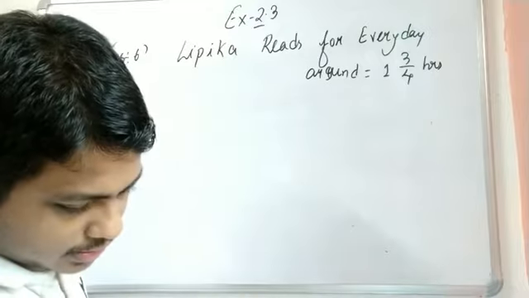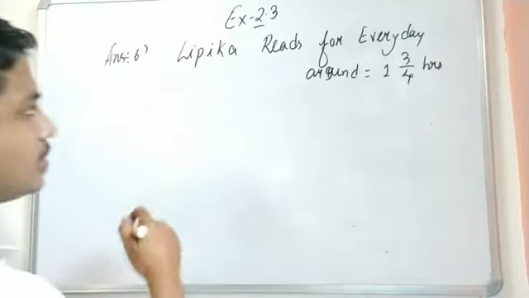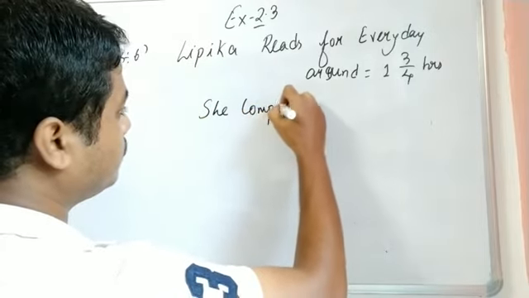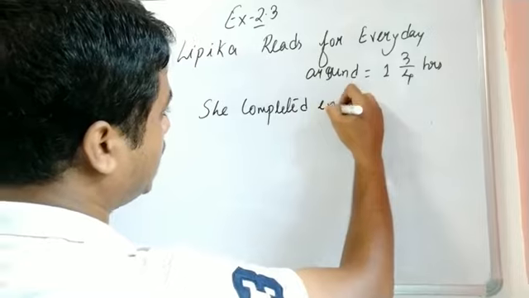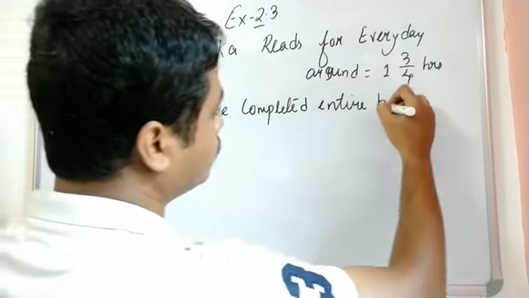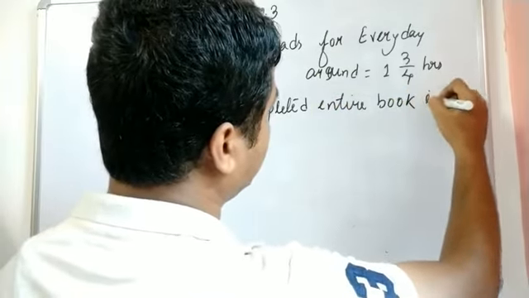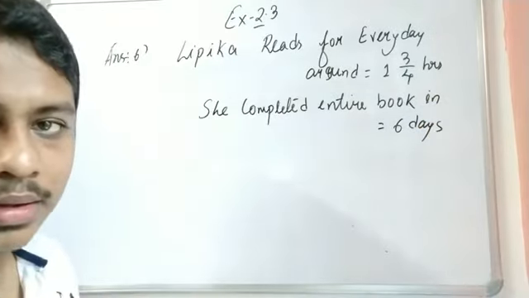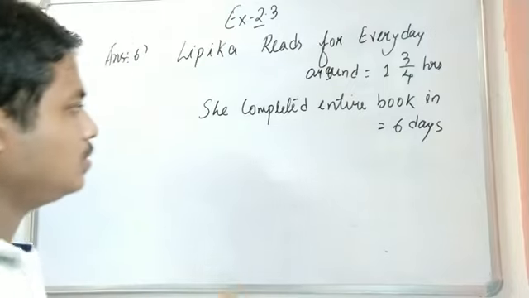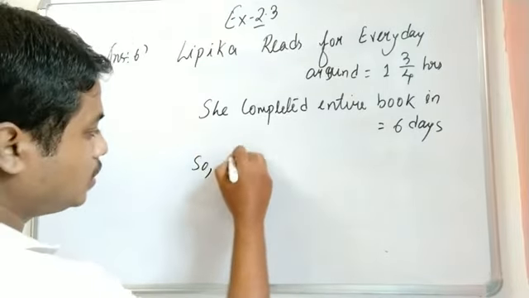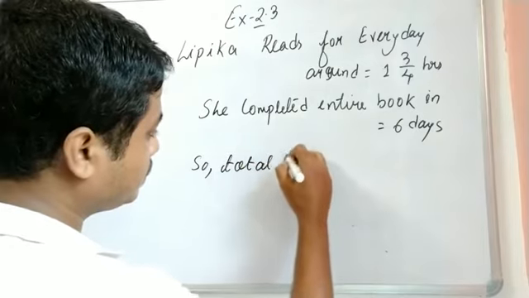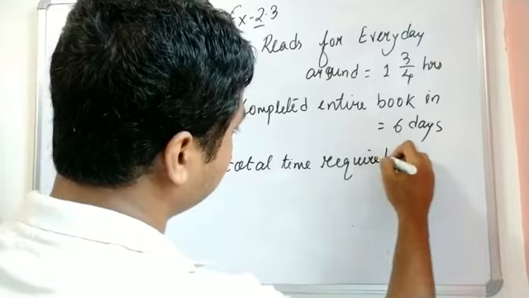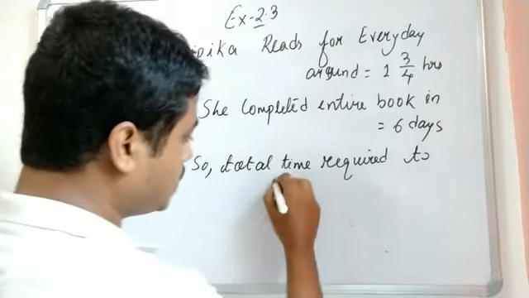It is given that she reads the entire book in 6 days, so she completed the entire book in 6 days. So the total time required to complete the book